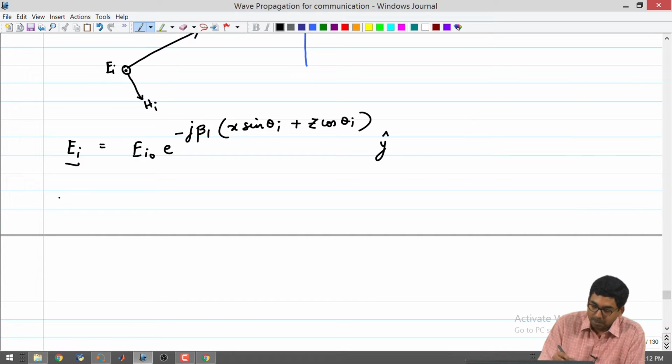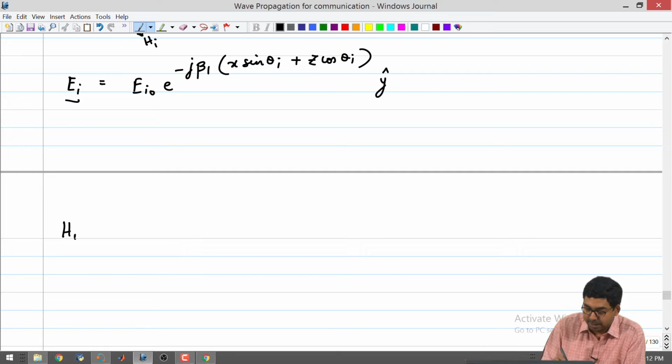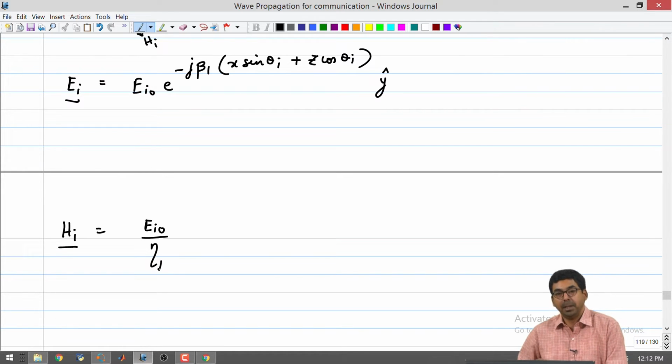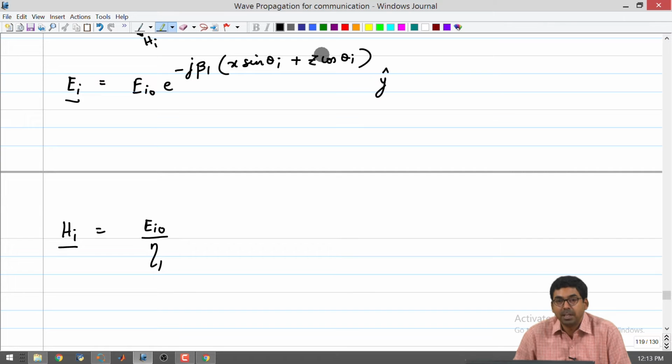So, I think now I am going to write down the full vector expression for the magnetic field also. So, I am going to write H_i is equal to, of course, the magnitude part is going to be divided by the intrinsic impedance, of the electric field incident, right, multiplied by, I already know the form of the expression from the perpendicular polarization, that it is going to look exactly like this, all right. So, if you go back to the notes and look at the form of the expression for the magnetic field, it would have been identical.